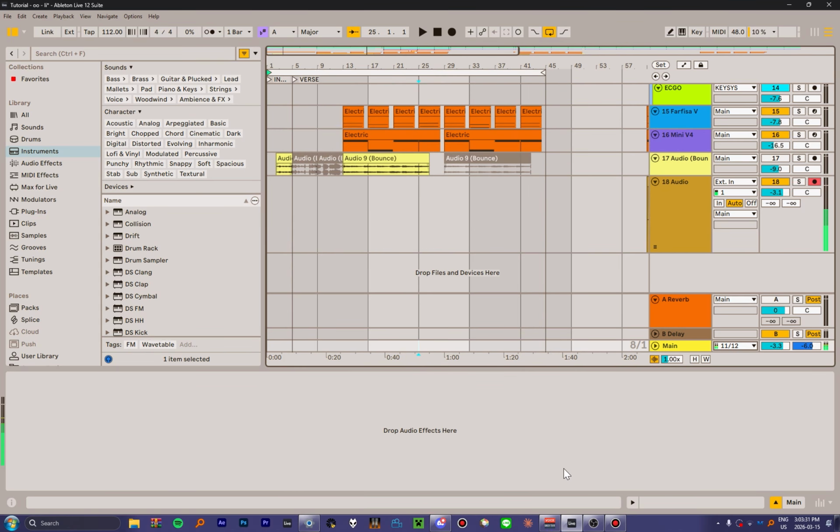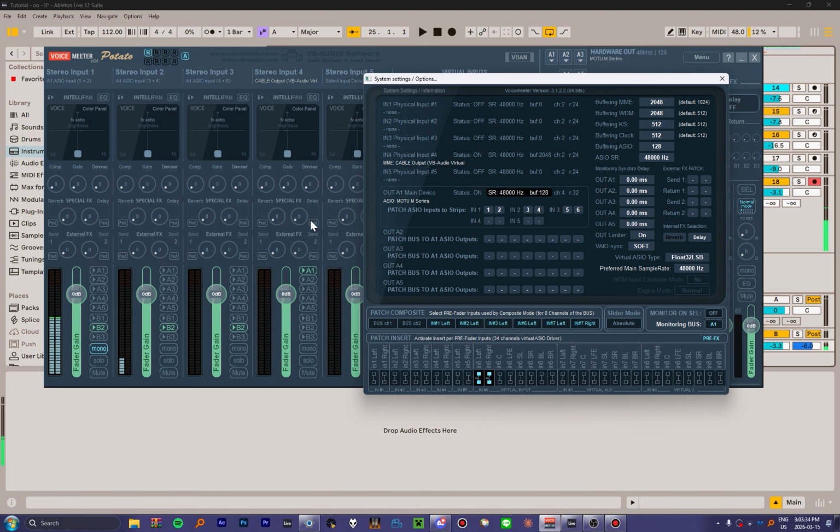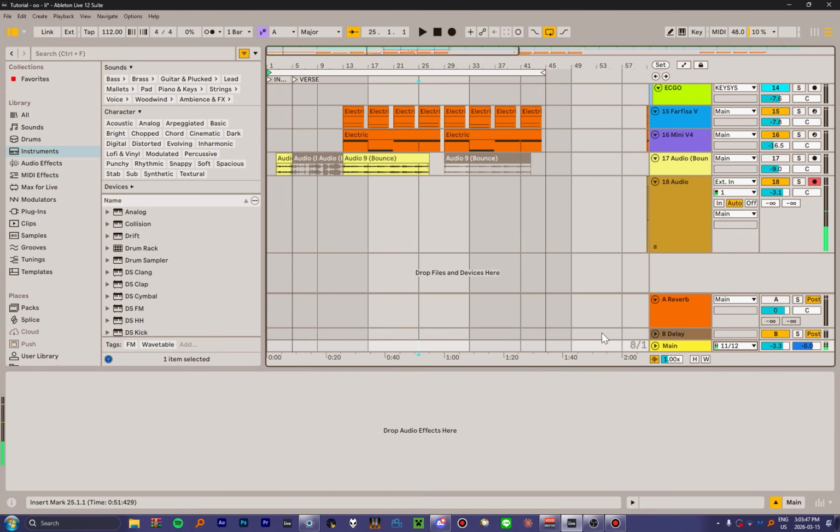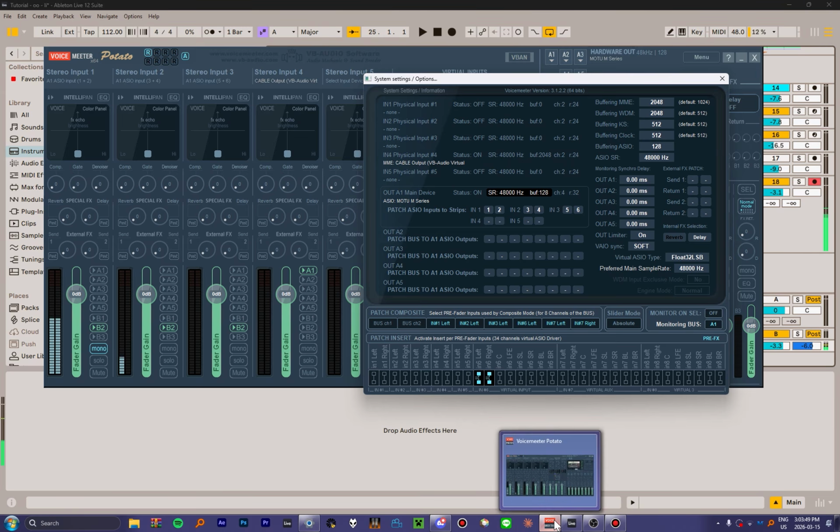Now, let us go into Voicemeeter and keep talking. So now we're able to hear our Ableton's output just as we normally would if we had our interface being the primary audio device inside of Ableton. But how do we get our inputs from our audio interface to run through the Voicemeeter ASIO device and into Ableton? Very simply, we just click under this Patch Inputs and Strips Set tab,